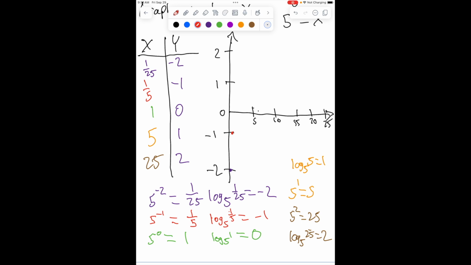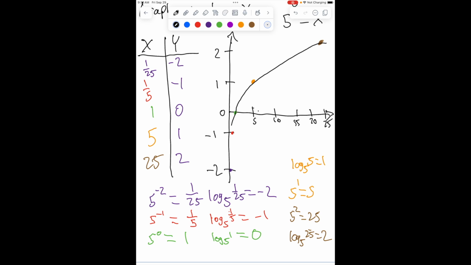And then I'm moving along a little bit. I get x equal to 1 and y is equal to 0. So let's put that right here. And then I get x is equal to 5 and y is equal to 1. That's going to be right here. And then I get x is equal to 25 and y is equal to 2. So I'm going to put that all the way over here. So when I go through and connect the dots,